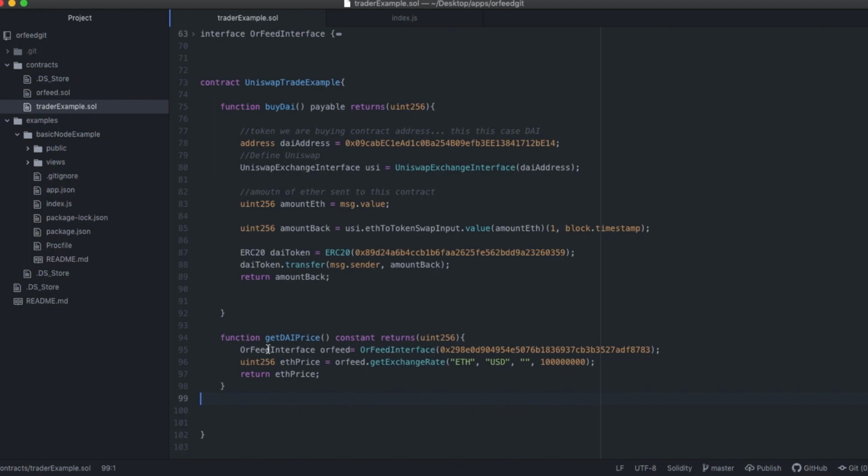So in this case, I'm creating an OrFeed instance, calling the OrFeed Alpha smart contract. And then I'm saying, hey, get the exchange rate for ETH to USD. And I put the amount that I want to get. The reason I use this large amount is because of the way decimals work. One interesting part about Solidity, which is the Ethereum smart contract language we're looking at here, is that there are no decimals. So for example, if this number had 5 decimals, it would be 1, 2, 3, 4, 5, and there'd be a period here, and it would be 1,000.